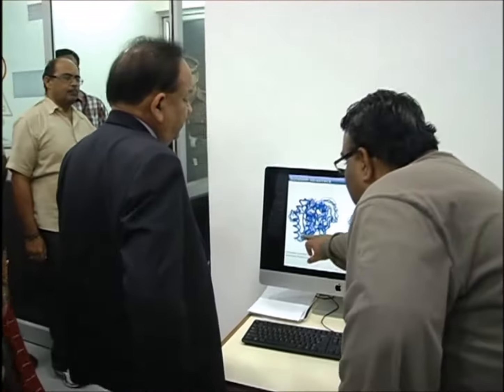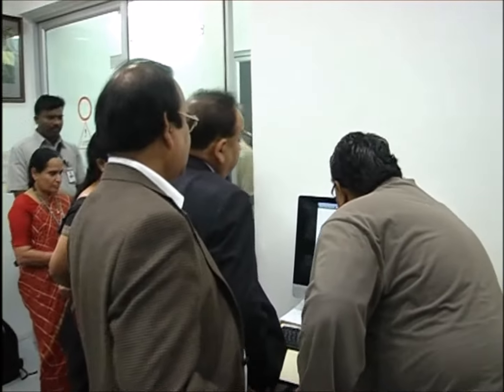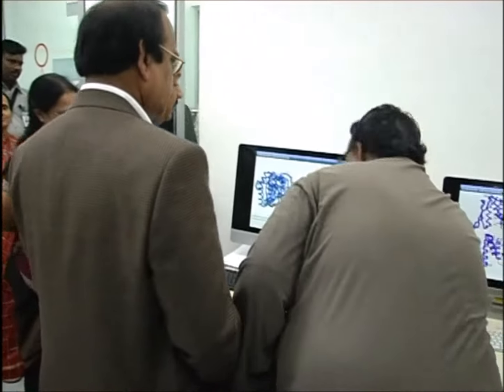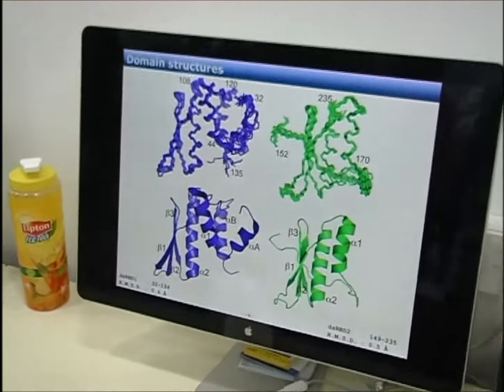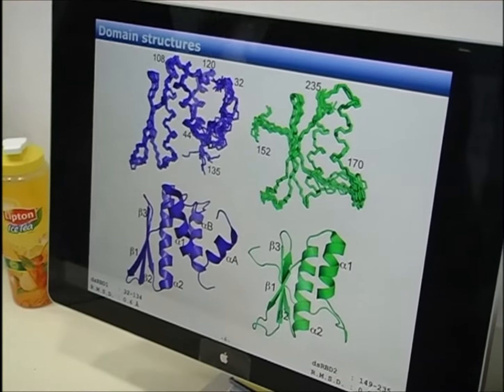So this is an alpha helix of a protein. This is the alpha helix structure of a protein. And there is a beta strand that you can see over here. This is the organization of amino acids. The organization of amino acids folds into two secondary structure elements, what we call